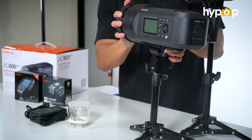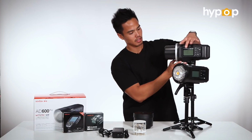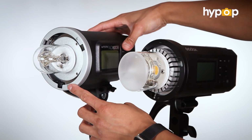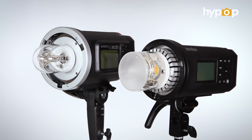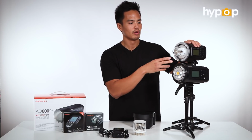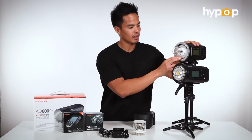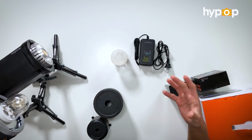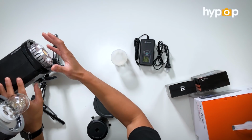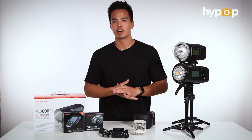Now looking at the front of the actual strobe here, it's slightly different to the original model. So let's get this one open. So on the previous model here, in the original AD600, what you can see is the bulb is slightly recessed and the mount itself is recessed into the casing. So some people said that with the actual previous model, the lighting was inconsistent when using different modifiers, including reflector umbrellas and softboxes, whereas now on the AD600 Pro, that comes out slightly further, so it'll fill your entire modifier